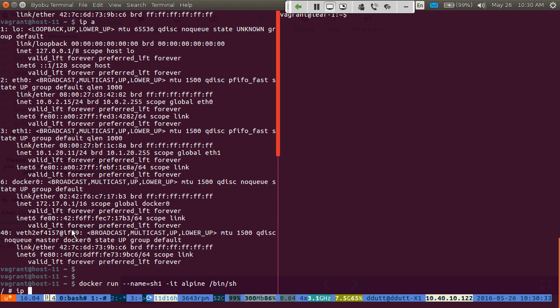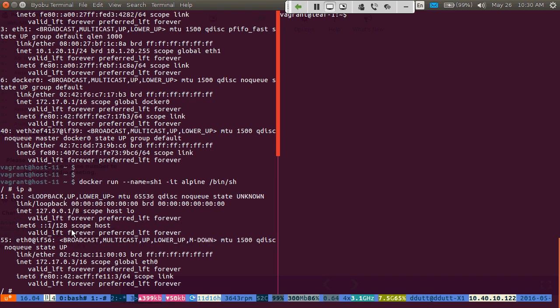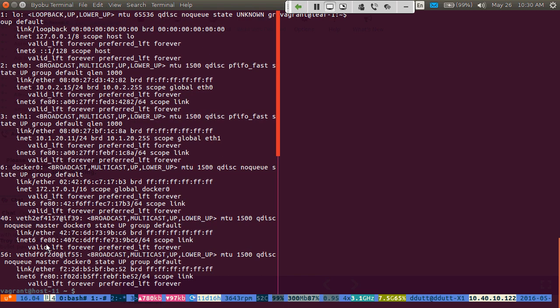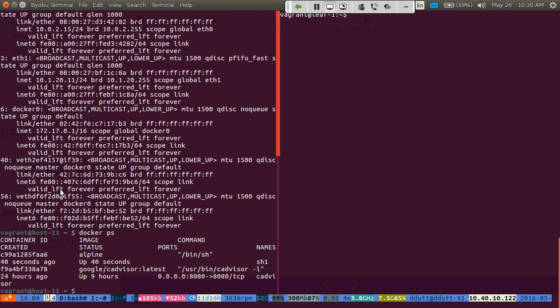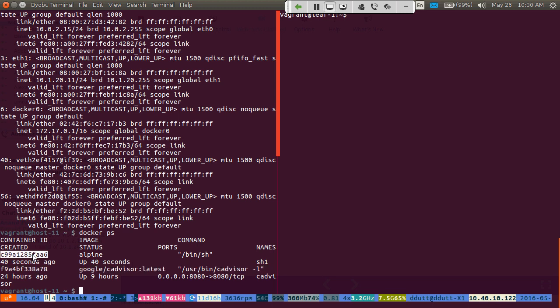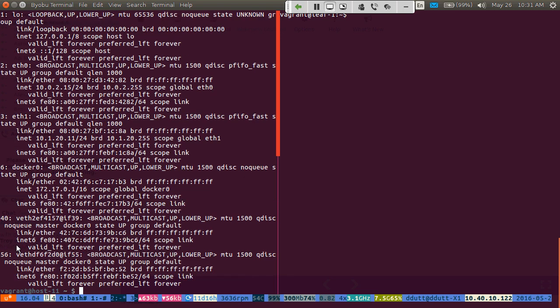If you look at the IP address on this box, you see that the IP address has been assigned 172.17.0.3. The reason it has been assigned that address is because there is already one container running. Every container gets a subsequent address. The first container, which is this one, has the address .02, and so the shell that we spun up has an address of .03. And now, as I did earlier, if you look at the links, you see that a new veth device has been created. This is the device that's created as part of the container spin up.